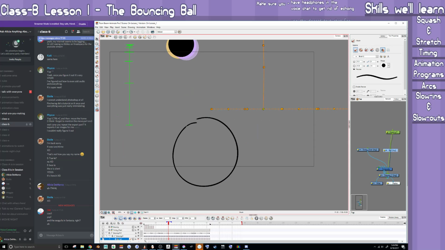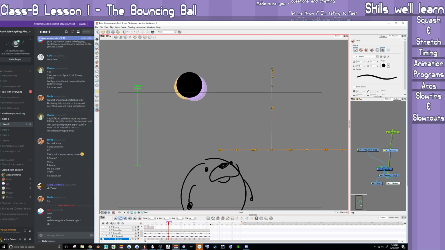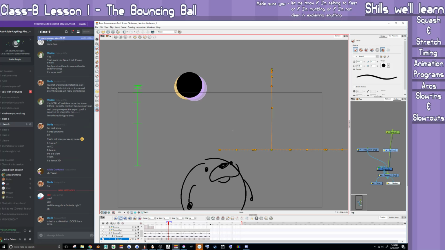You can have it just be like a little plush toy with little yarn arms. So you'll have to deal with how the face is curling around the ball as well as the yarn arms. The way that you can plan out how the arcs are gonna be, or the path of it,